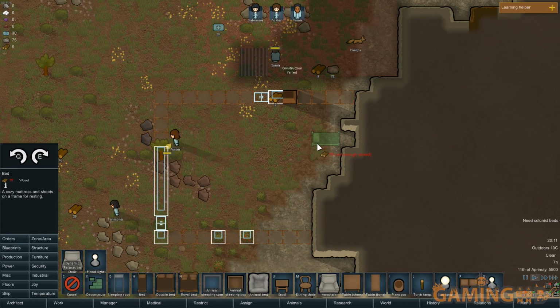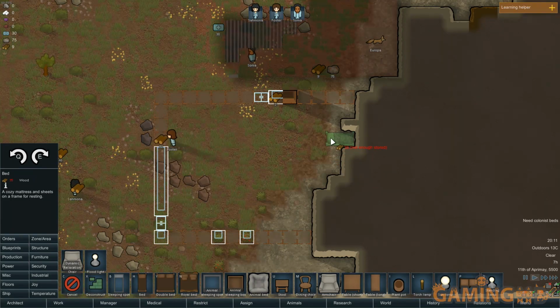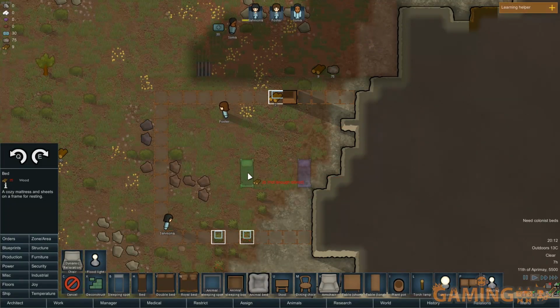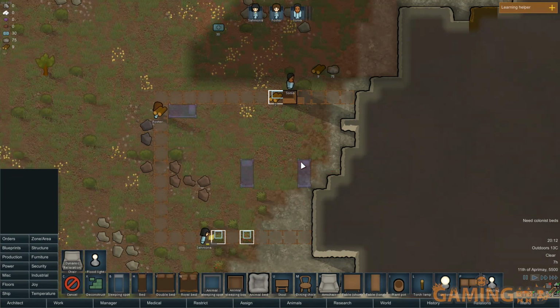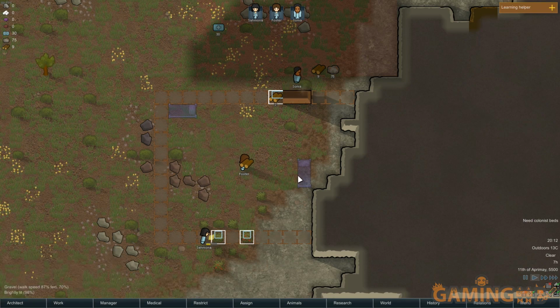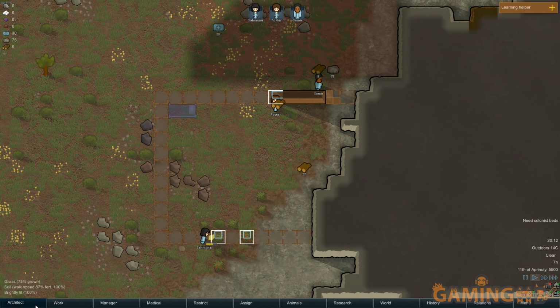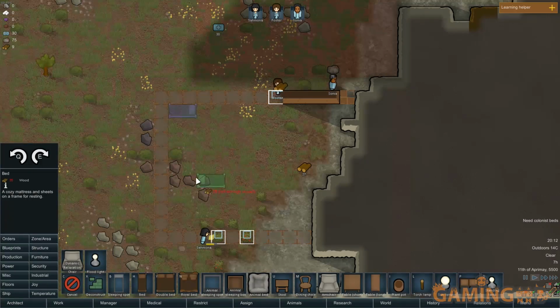I'm gonna put some beds in because they do need beds to sleep in. Let's put a bed here, let's put a bed here, and let's put a bed here. I should have actually just separated these areas, so I'm gonna move this bed somewhere else. No, cancel, cancel, cancel. Ah, damn it, I can't cancel it. Well, now I can. Now let's put the beds in somewhere else, and I'll separate